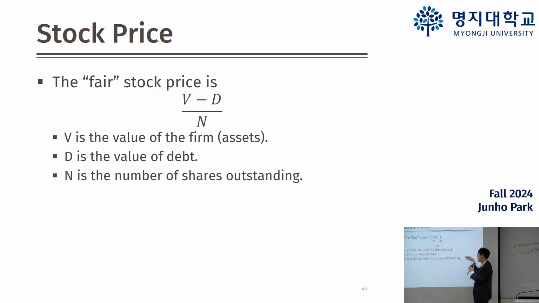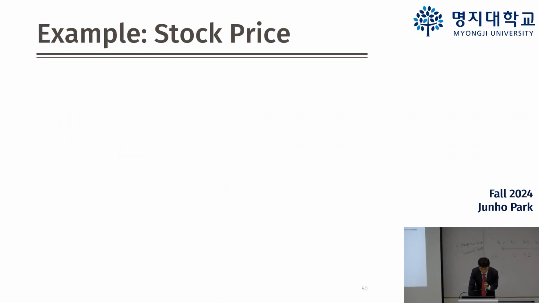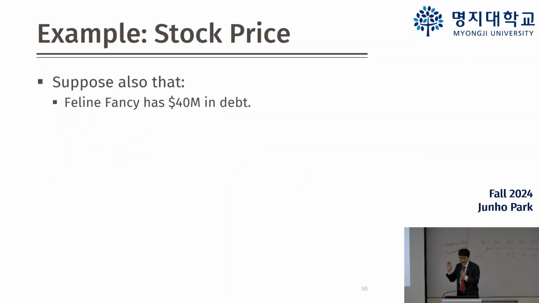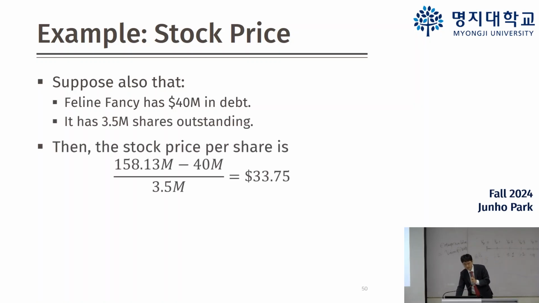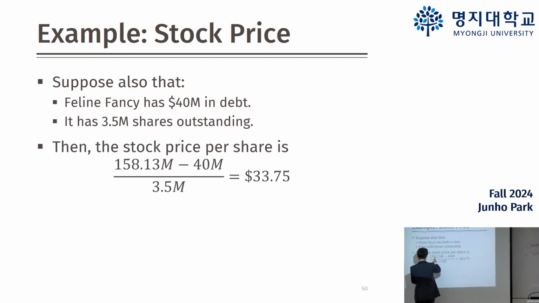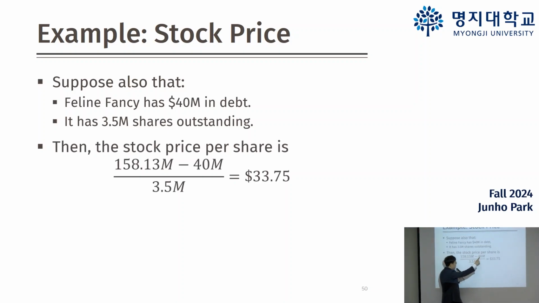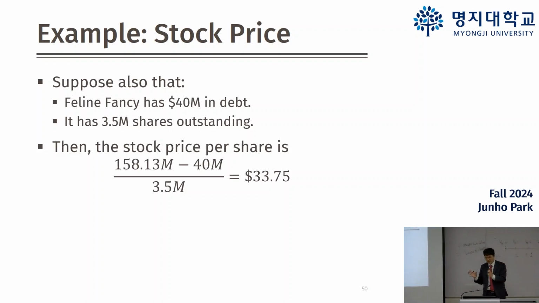the number of shares. So in this Fancy company, if it has $40 million in debt, then you can calculate the stock price by using the enterprise value of 158 minus 40 million debt divided by the number of shares, 3.5 million. So you get $33 or $34 per share. So this is the discounted cash flow valuation to